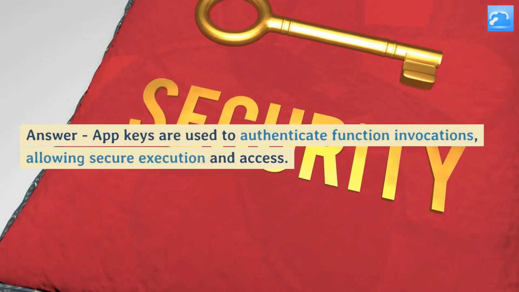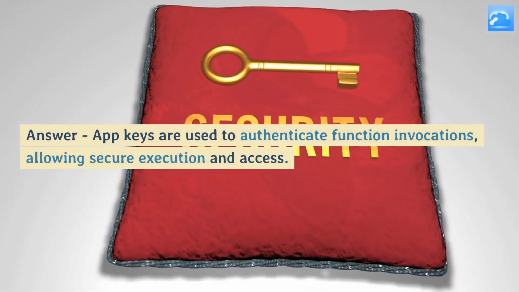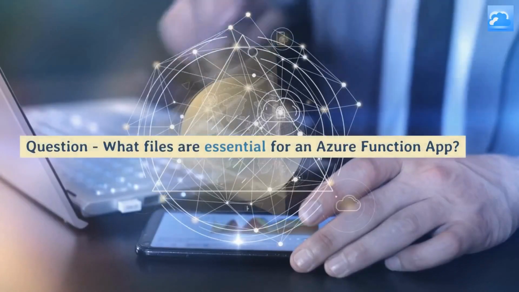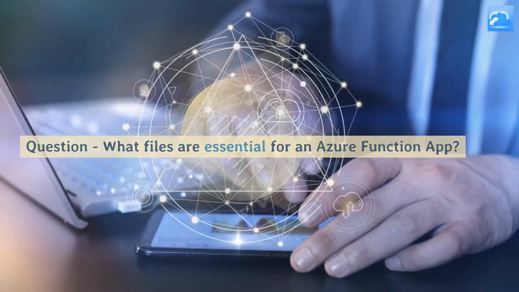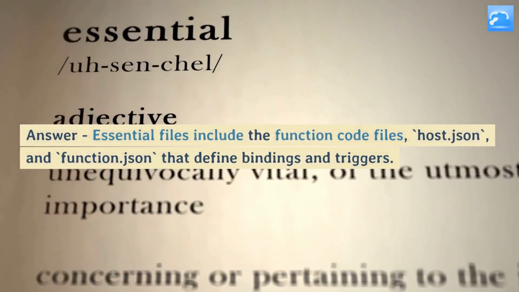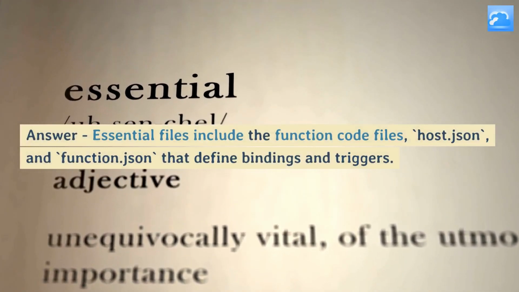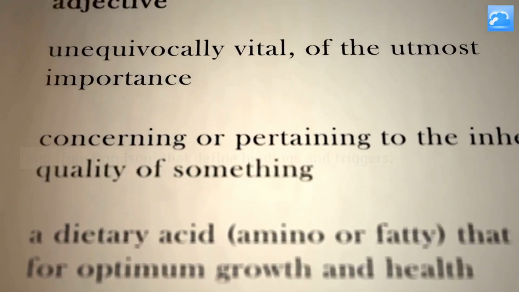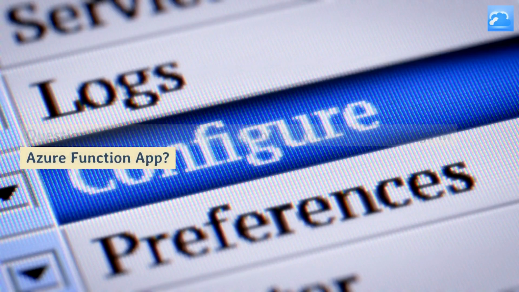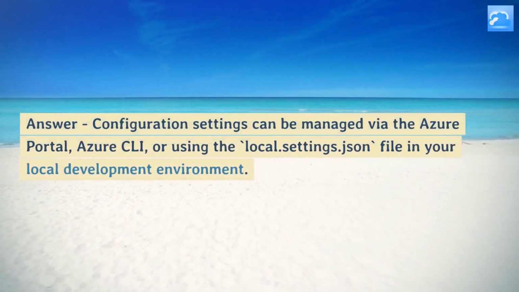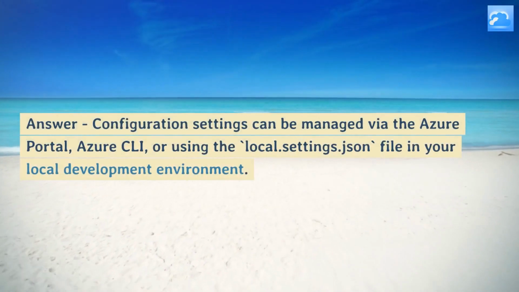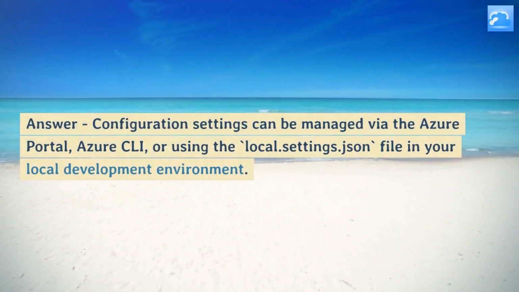Answer: app keys are used to authenticate function invocations, allowing secure execution and access. Question: what files are essential for an Azure Function App? Answer: essential files include the function code files, host.json, and function.json that define bindings and triggers. Question: how can you manage the configuration settings in Azure Function App? Answer: configuration settings can be managed via the Azure portal, Azure CLI, or using the local.settings.json file in your local